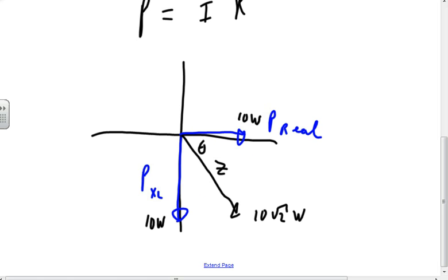Now, right now we can't do that yet because we need capacitance. But if I put a bank of capacitors in the plant, then I can go and have